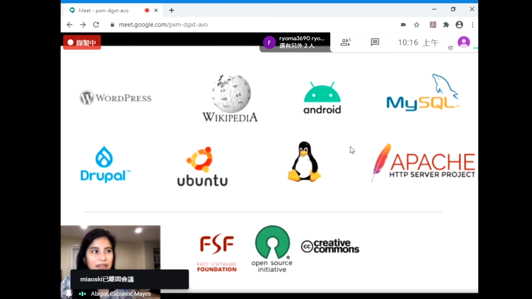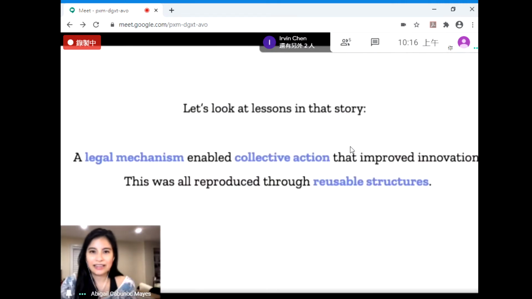So we're gonna look at that story again and really look at how a legal mechanism enabled collective action that improved innovation. And all this was reproduced through reusable structures. So we're gonna look at the legal mechanism, the collective action, and the reusable structures. So going back,